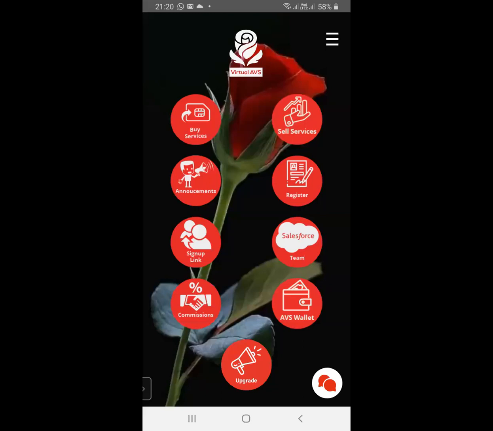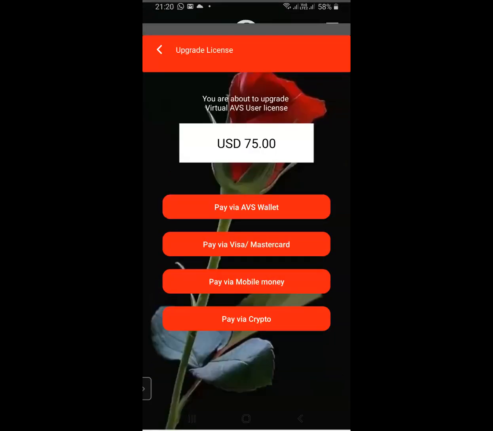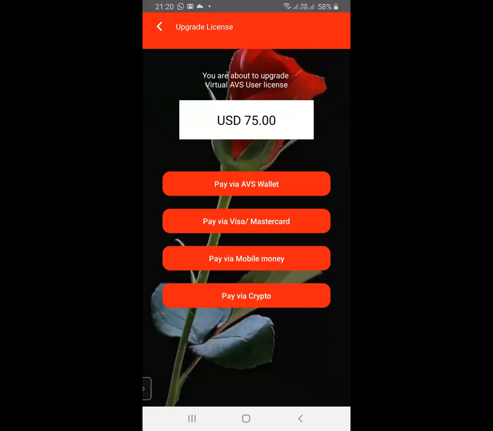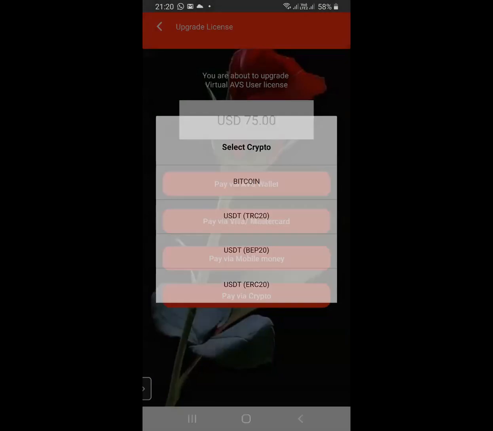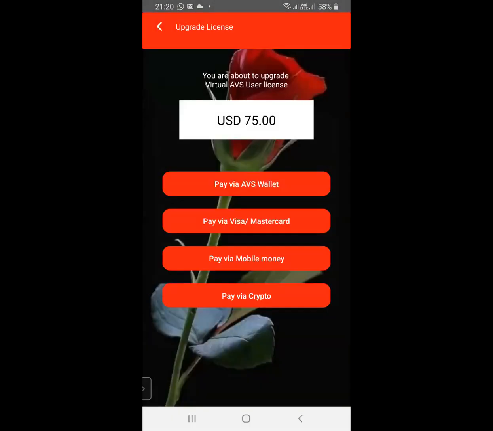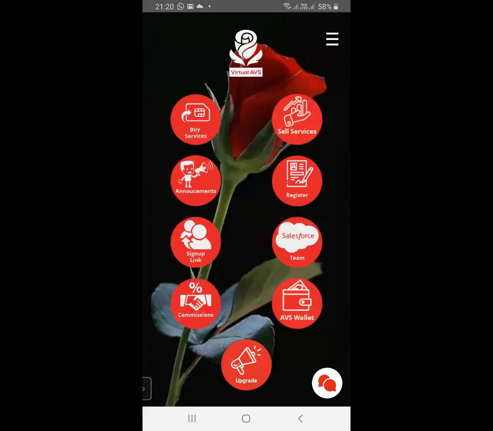The upgrade is $75. If I click upgrade, same thing: $75 is what it costs to upgrade this account. You can pay with AVS wallet, card, mobile money, and also crypto if you want. Once you pay, that button will actually disappear.